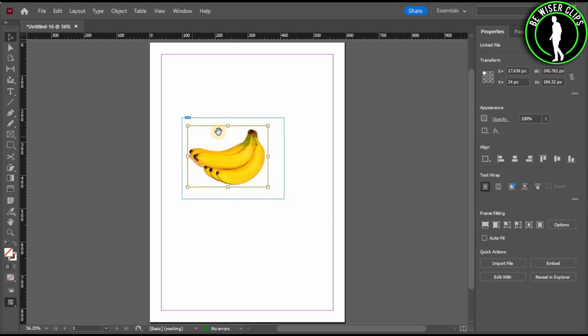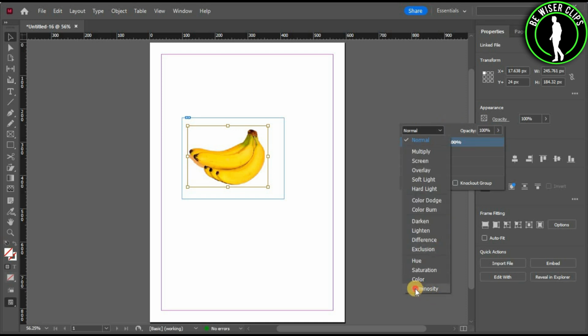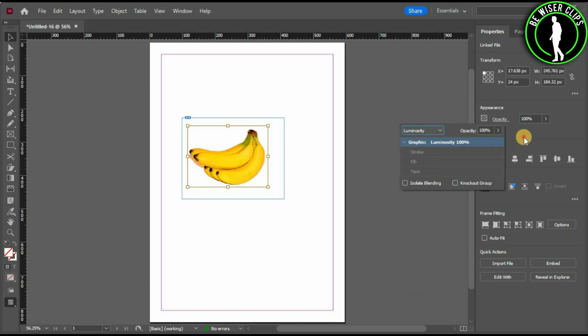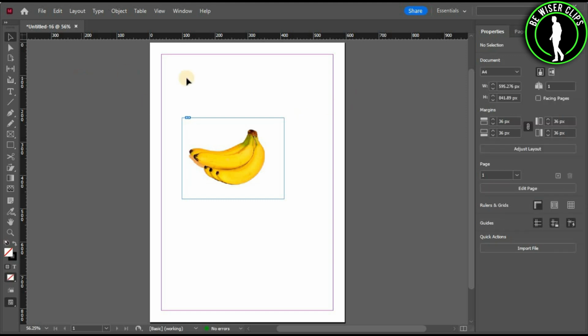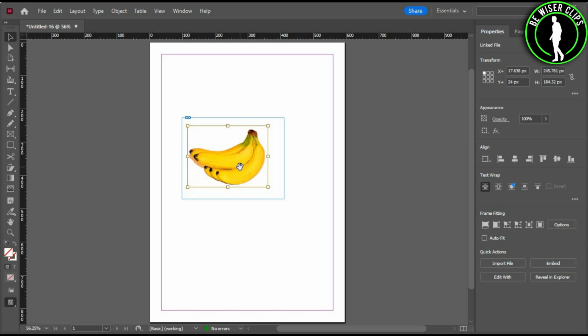Now guys, after I have inserted my image, you need to double click on your image so that you can get these brown lines. Now what you have to do is select this option right here, and now you just need to select this arrow down button right here. Now select the last option, and that's it. Now you need to deselect your image by just selecting anywhere, and now select your image again,